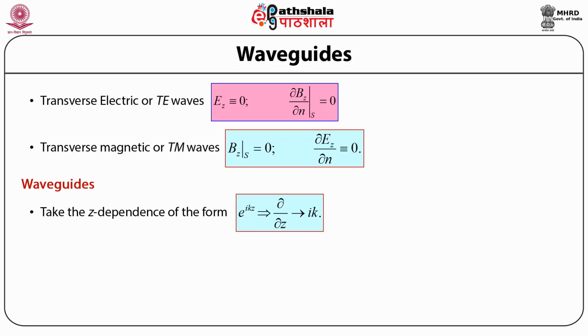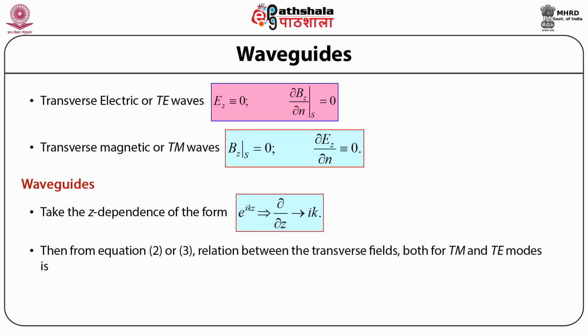So using the equations that we had defined above for the transverse components of the electric field and magnetic field, that is, when we had written down the Maxwell's equations in terms of the transverse and the longitudinal components of the electric and the magnetic fields. So using those equations and the relation between the transverse fields, both for the transverse magnetic and the transverse electric modes,